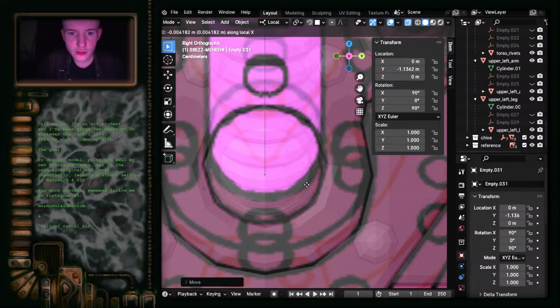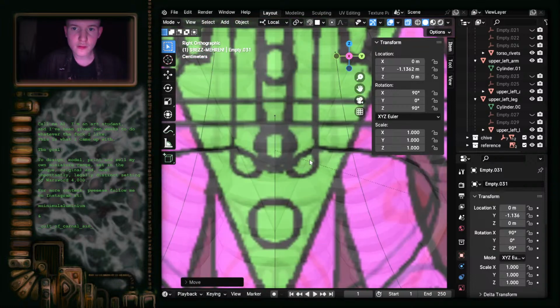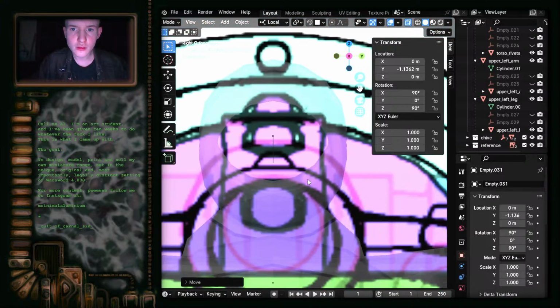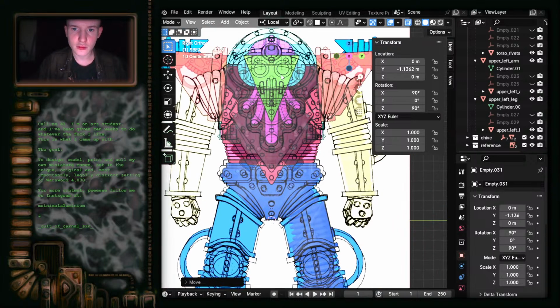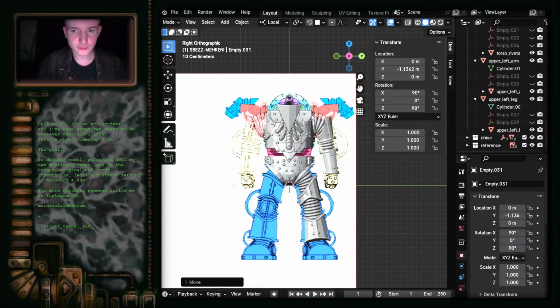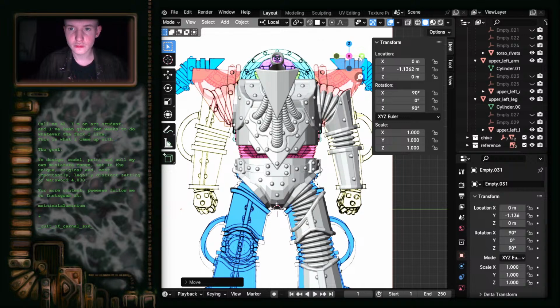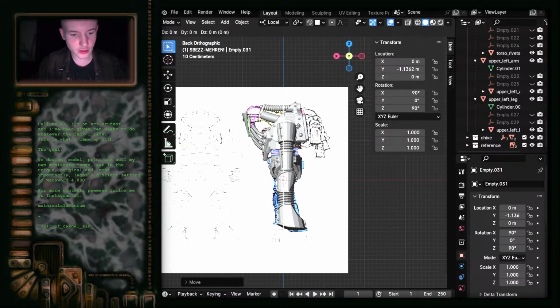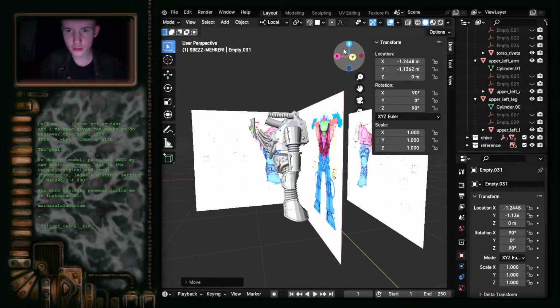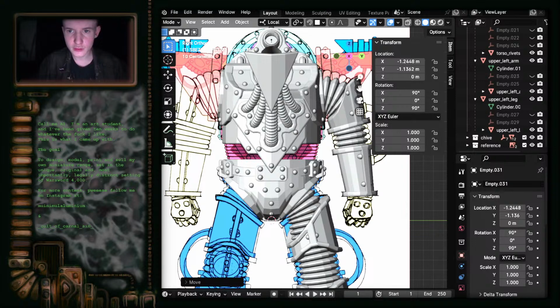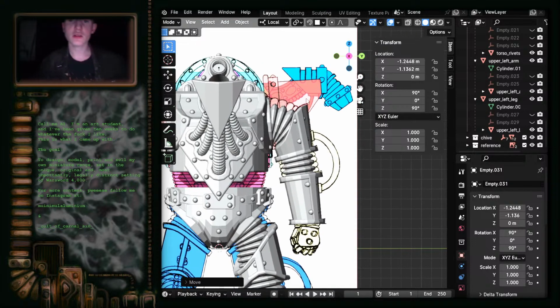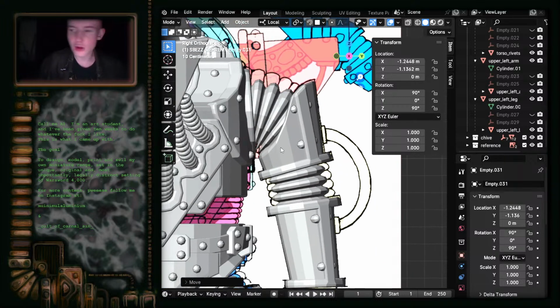Yeah, that looks good enough. G, Y, X, Z. Okay. Right. Now we've got the polygons